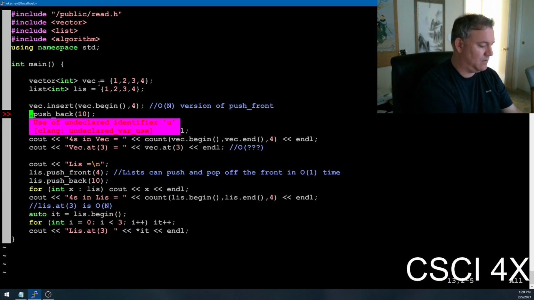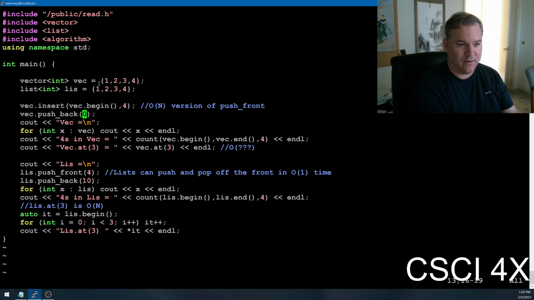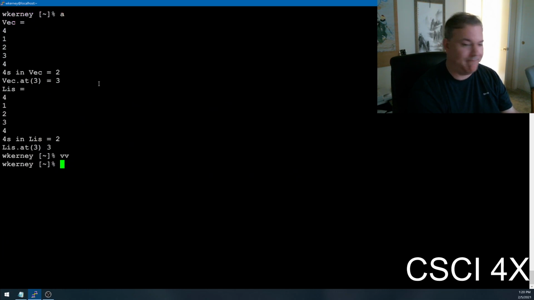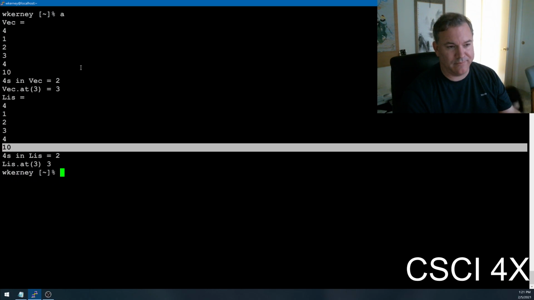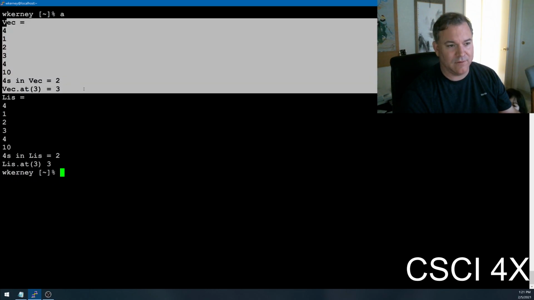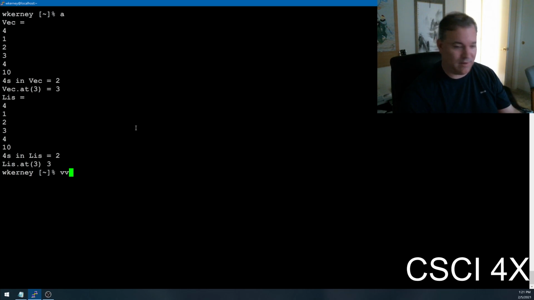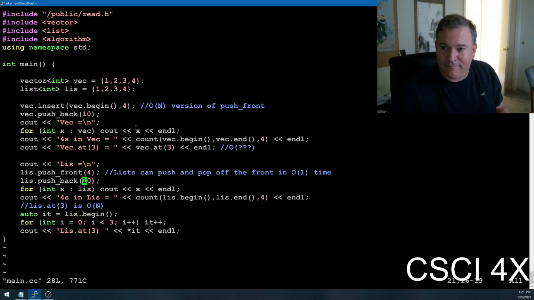Are they going to do the benchmarking assignment later, where you actually compare all the? That's the plan. So yeah, you can push back on a vector, and you can push back on a list as well. Good question, Emma. So you can see we've added 10 to the vector, and we've added 10 to the list. So these two things are essentially the same. Like, it's not like we're really stuck. But what changes though, is the